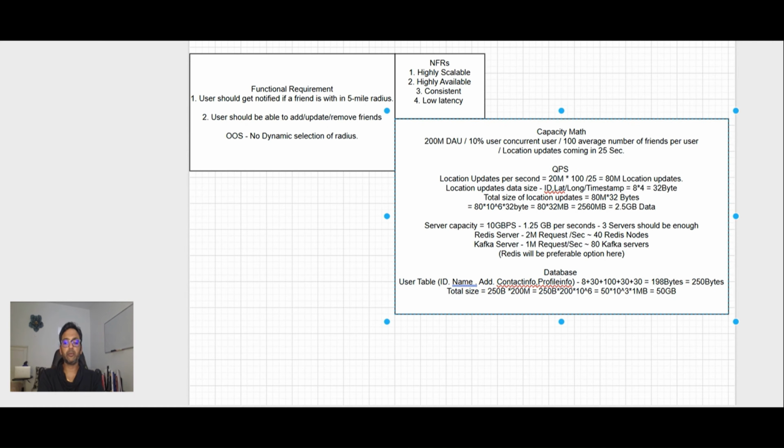50 GB, and then there will be one more table, the friends list table, which will simply have user ID and friend ID, which is 16 bytes. And here each user will have, let's say, 100 friends. So I'll say 200 million into 100. This will be the data. So again, 16 byte into million is equal to MB. And then 100 into 10 raised to power 3 MB is 1 GB, and then 320 GB